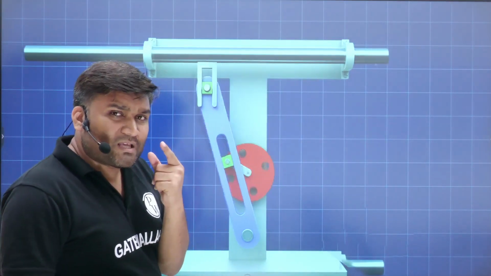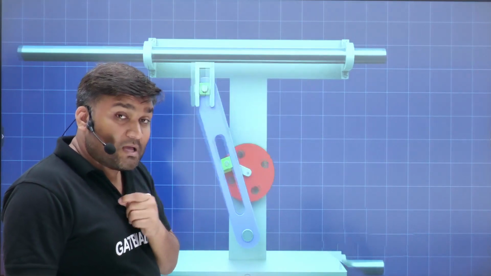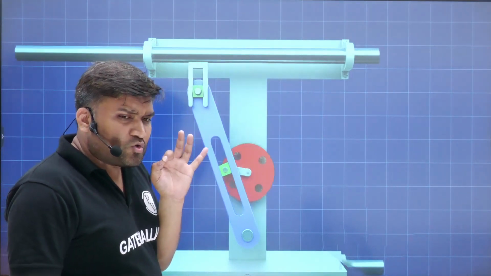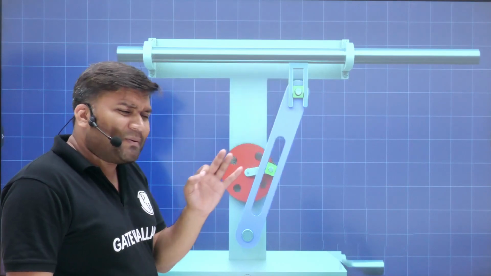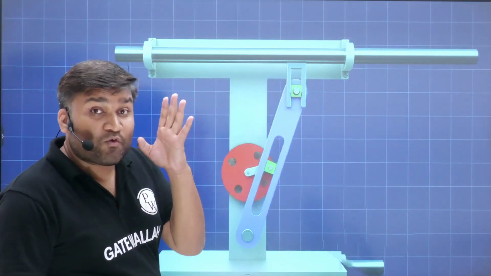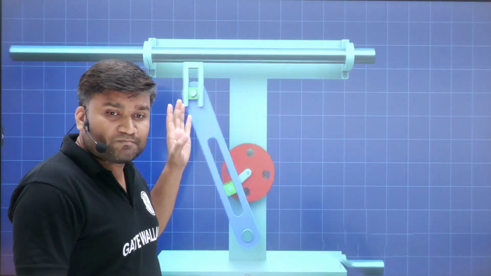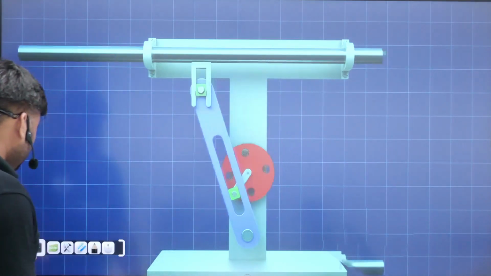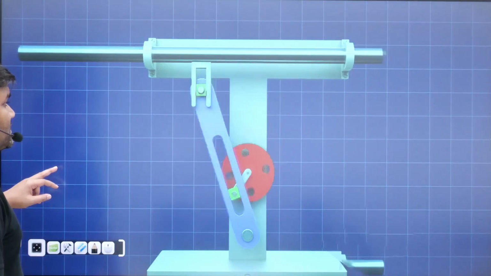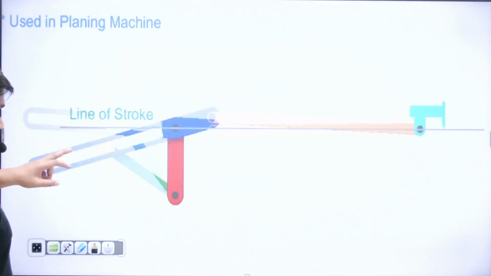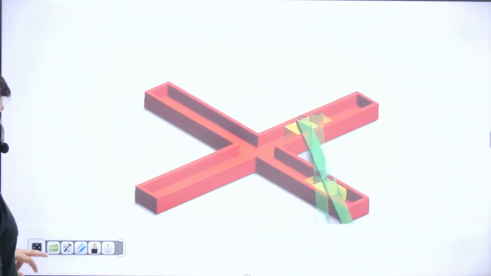That's why I am saying that this is your quick return motion mechanism, and this kind of mechanism you are going to use in many applications. Shaper machine, if you have seen, we are going to use this. Planar mechanism, we are going to use this. Clear है बेटा? ठीक है ना? चलो,